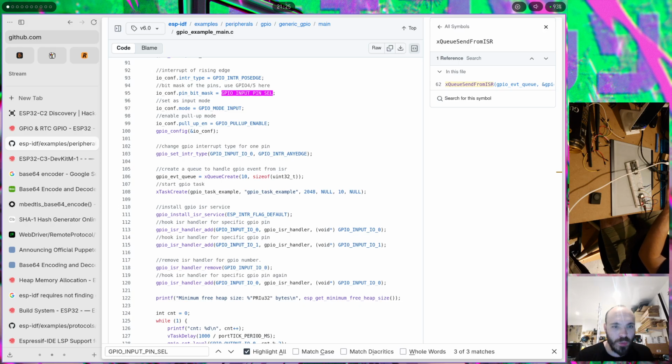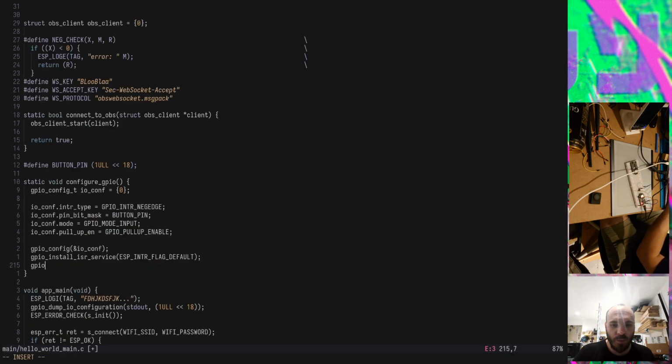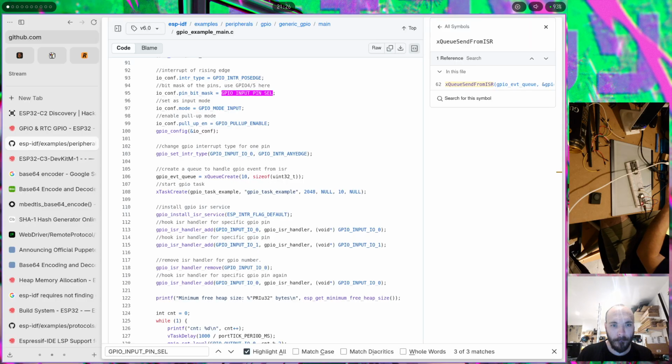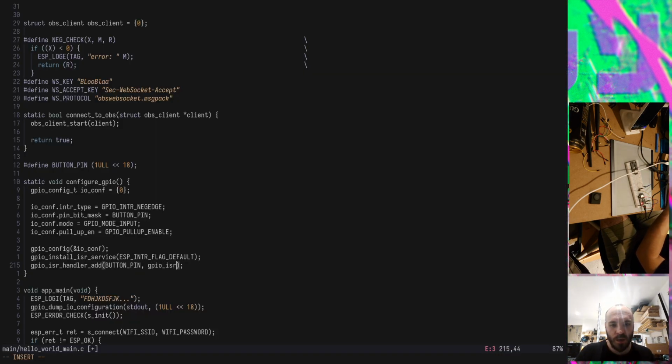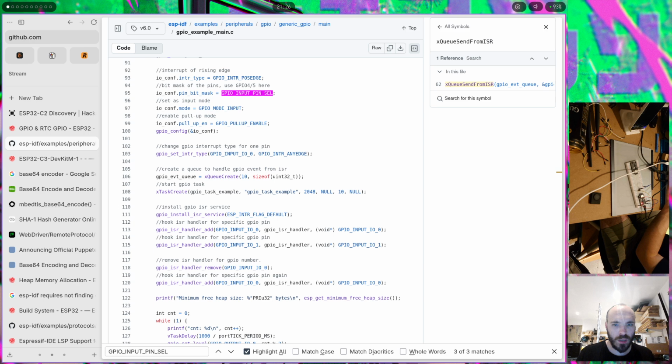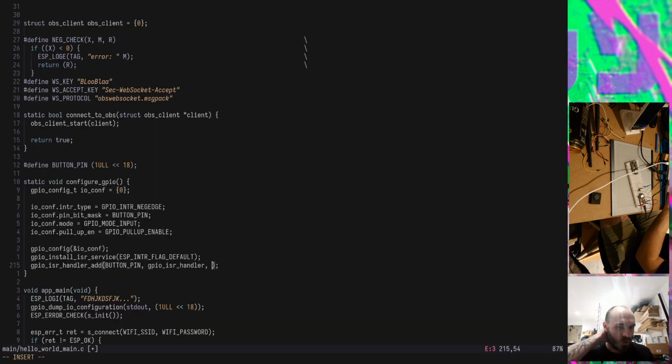I don't know if I need that, so GPIO ISR handler add is a good one. GPIO ISR handler add with the pin, so button pin, and then GPIO ISR handler, I like the name, and then I'll just give it some data, null at the moment. Or to be honest, I'm probably going to need the struct OBS client star client, and just give the client,